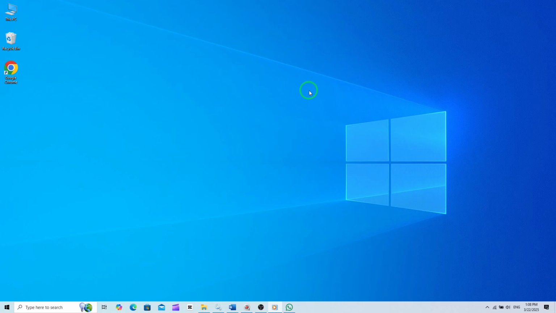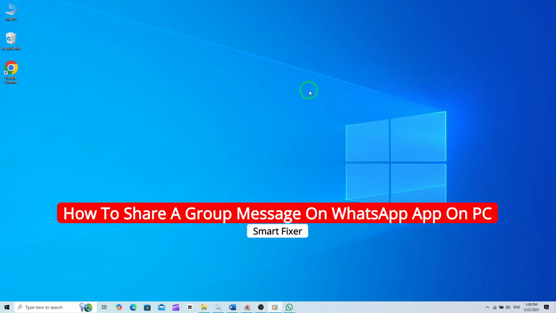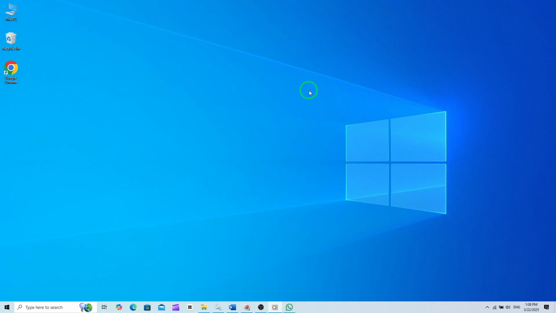Welcome to this tutorial on how to share a group message on WhatsApp using your PC. With the latest updates, WhatsApp has made it easier than ever to manage and share messages across different platforms. Today we're going to walk you through a simple process that allows you to share messages from a WhatsApp group